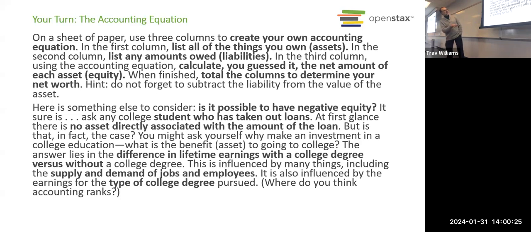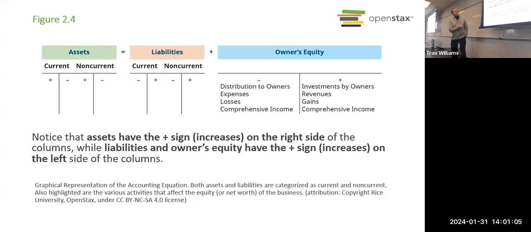This is an exercise that you could do. We're not going to actually do it here in class. If you take my managerial accounting course at some point, we do something similar where I have you create your own personal balance sheet, where you indicate your assets, your liabilities, and in personal finance, we don't call it equity, we call it net worth. So when we're talking about our own money, your assets minus liabilities equals your net worth. But if you wanted to, you could go through and do this yourself, hey, no worries, to get an idea of your net worth.